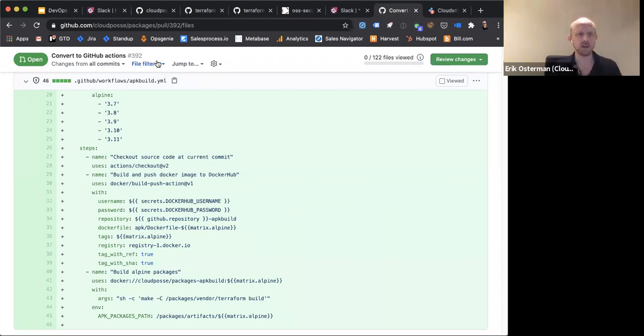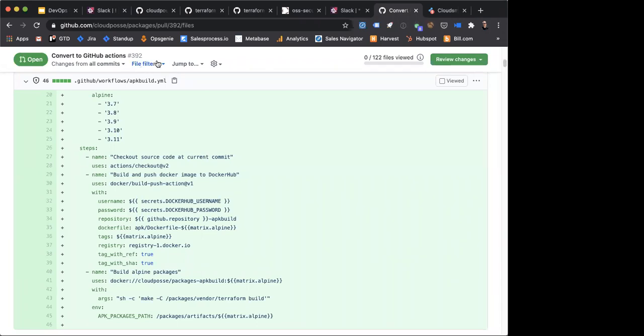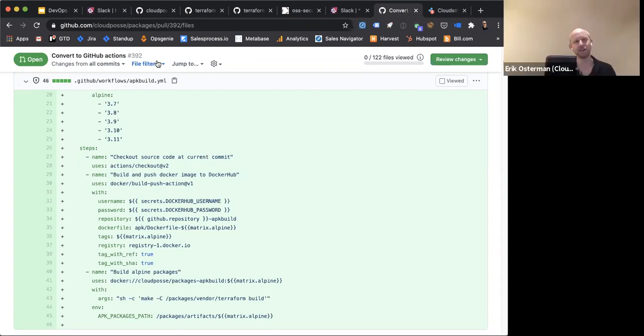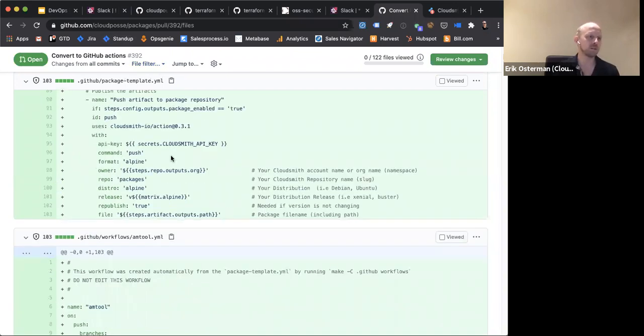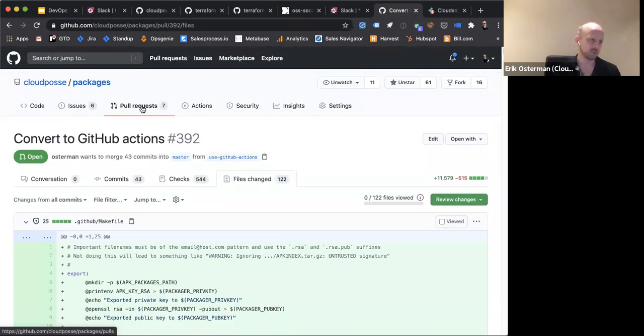Any questions on package? Yeah. Are we going to support Alpine 3.12 now? Yeah, exactly. Now we're going to support newer versions of Alpine sooner. This is a build-up to also support other distributions.